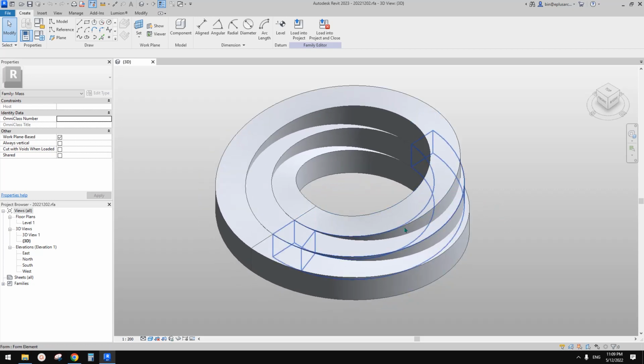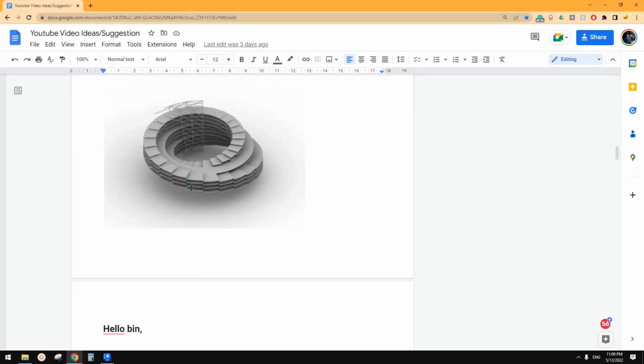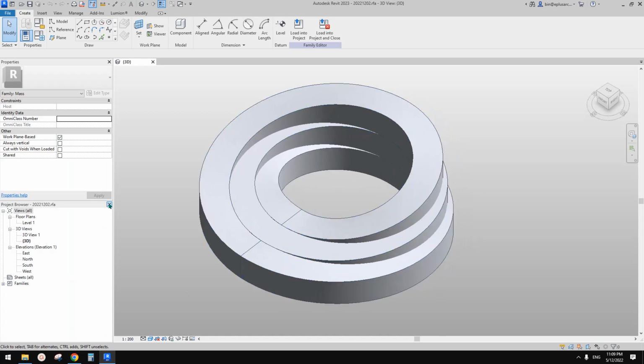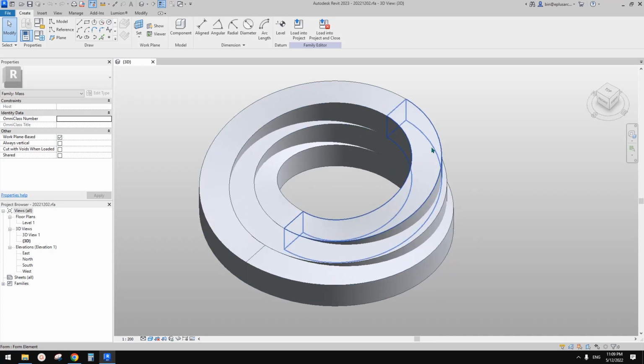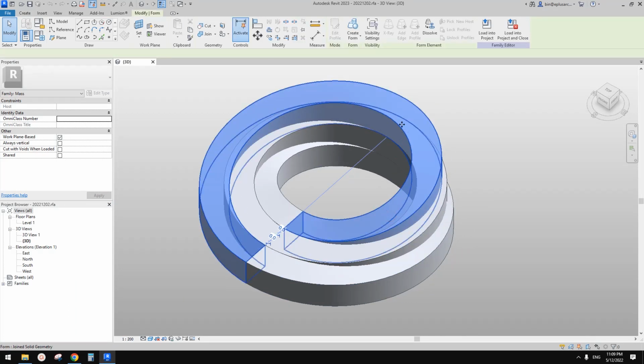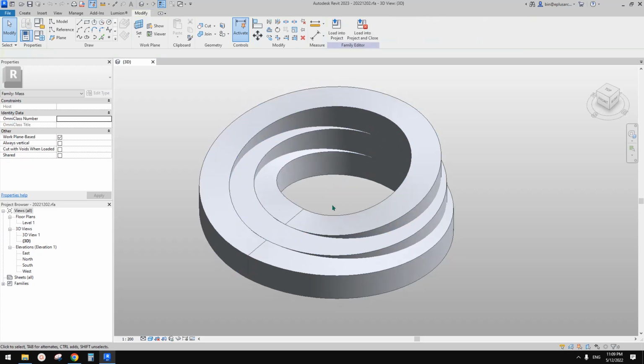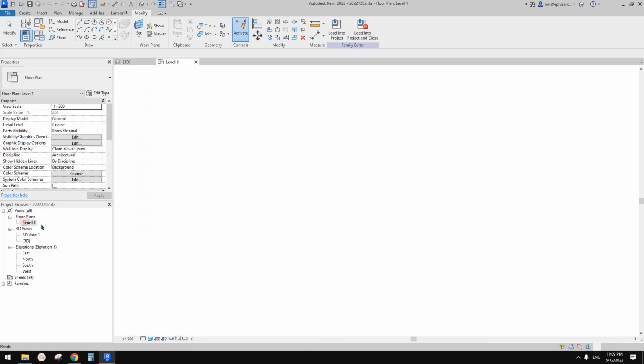Previously we did this mess. Today we're going to try to create some adaptive family to place onto this mess to create something like this. Okay, so let's start. So first we need to use divided surface onto this surface, and we will need to use